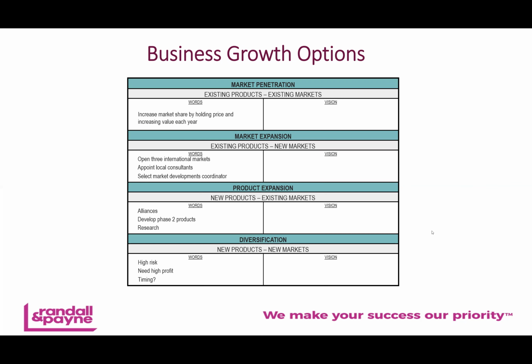And then the final option is to introduce a new product to a new market. And of course, that is the highest risk option. It's called diversification. So what we're really suggesting there is we're starting with a product that's new to us. So our understanding, perhaps our efficiency in producing the product and delivering it is not as good as it is for established products. And we're looking to take that into a new market, which again, may be a market that we don't perhaps understand as well as we do our existing market. So there is risk associated with diversification.